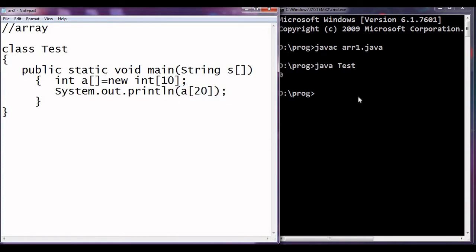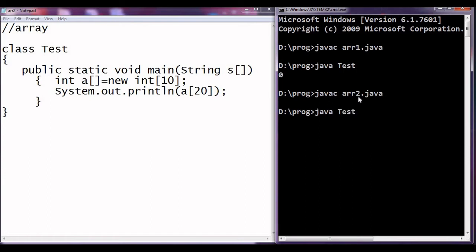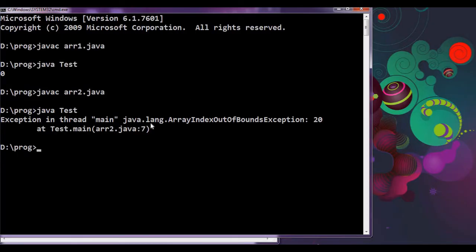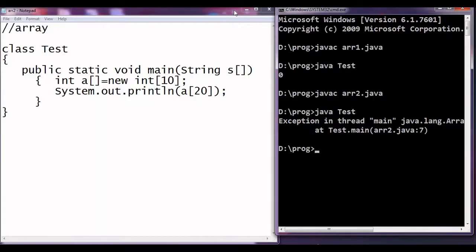But in Java, it will give you the error. See, the error is: exception in thread main java.lang.ArrayIndexOutOfBoundsException. So that's basically the second program.